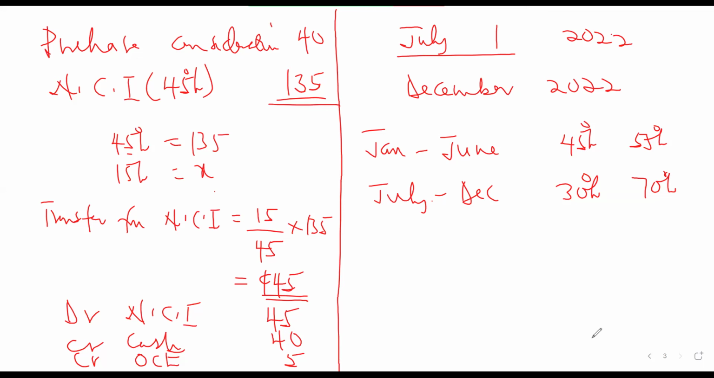The last 6 months will be 30 against what? 70%. Please, this is all about the step acquisition. The rest is just about the basic consolidation. So they can pick step acquisition